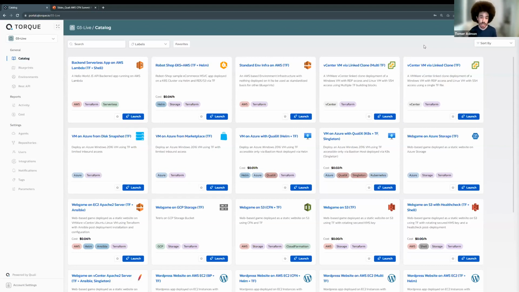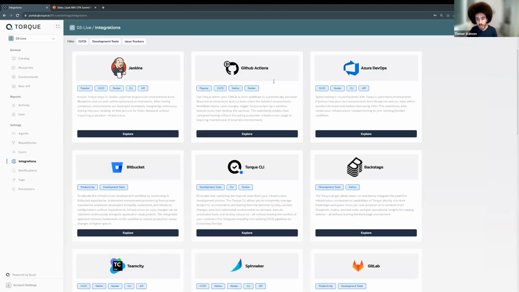But actually Torque is an API-first product, meaning everything here is first designed using an API, and then the UI comes on top of it. It means that anything you saw so far can actually be achieved and automated using the API. On top of that, we provide a lot of things that wrap that API, an ecosystem of integrations that you can take and embed in your existing processes to use Torque.